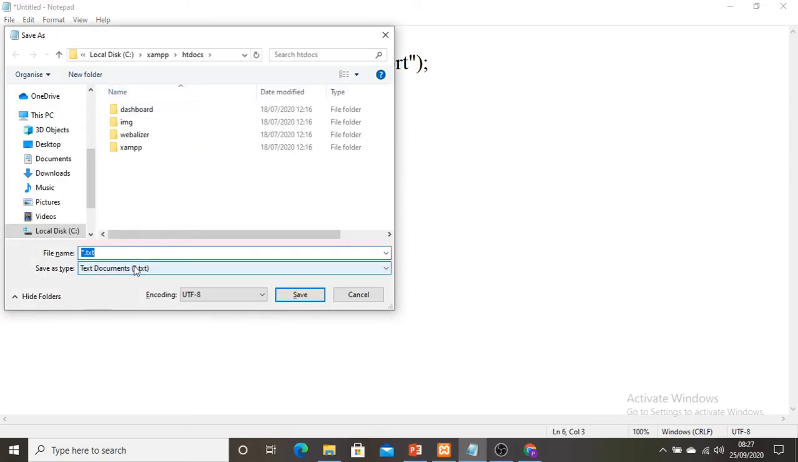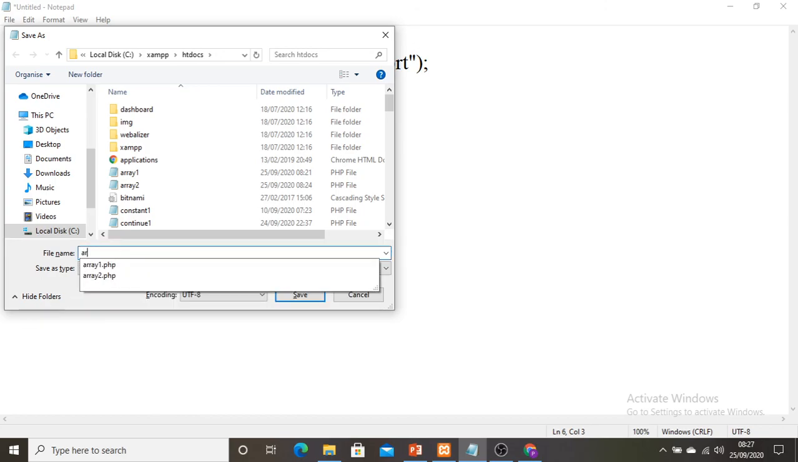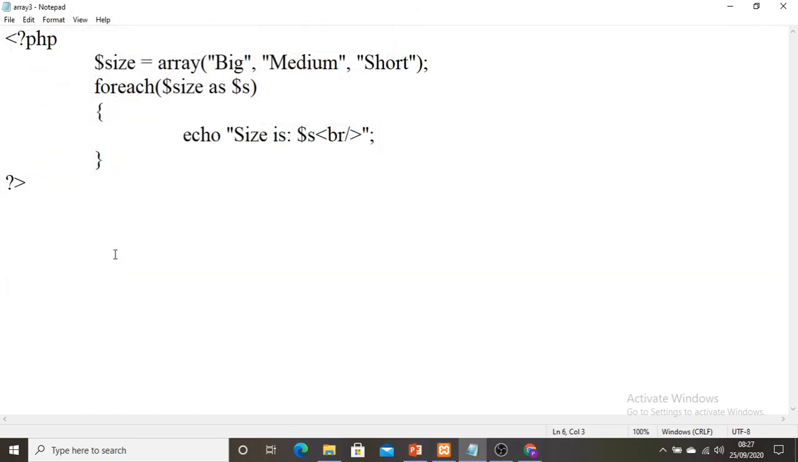Here it is in htdocs. I will go for all files. Then here this is array3.php. Okay, so let me go to the browser and get the output of array3.php. It is showing size is big, size is medium, size is short. So right guys,